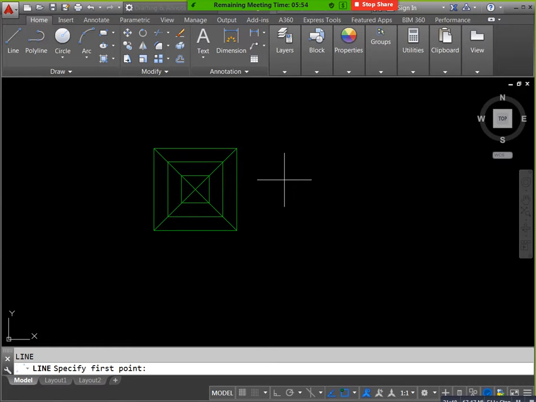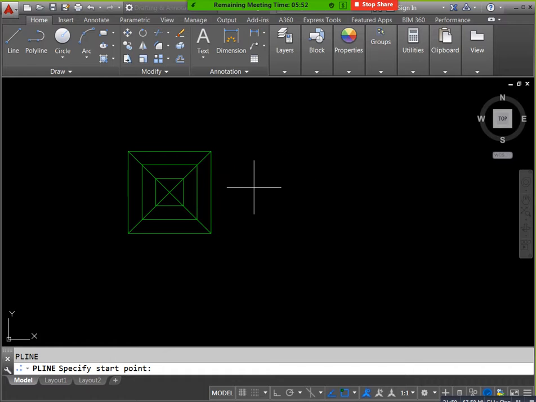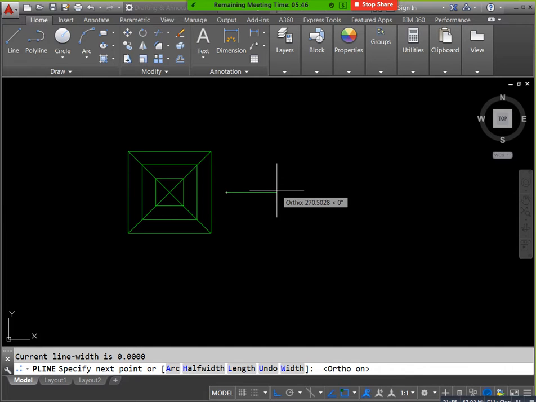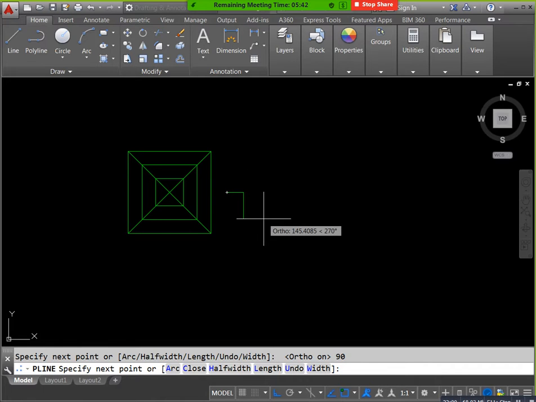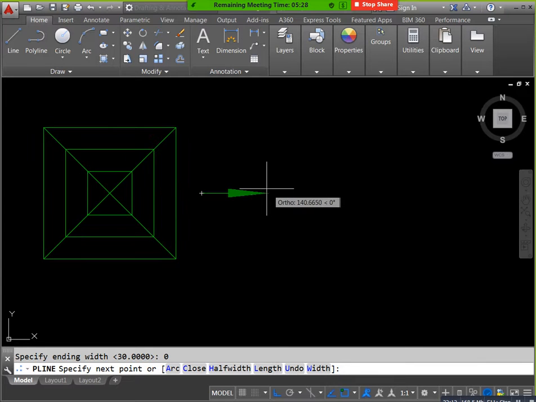Then you will take width W and mention for example 30, and next 0. Next you can mention this one, for example 60. If you need to decrease this, you can decrease your length. For example, if it is too long, you can decrease it to 30. Then you can see.